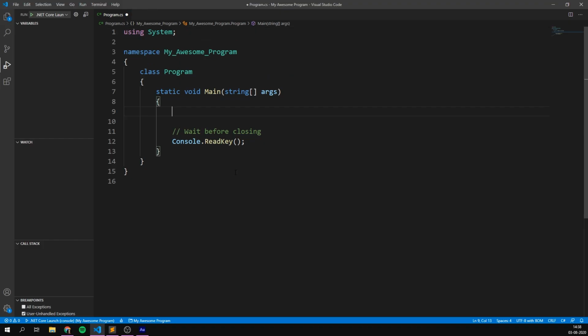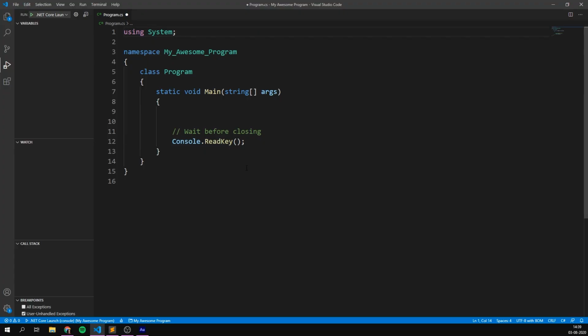Now, to use a list, we actually need to include another namespace. You can think of namespaces like groups of functionality that we can import in order to do different things. For example, when making a game, we often have a namespace dedicated to audio, one for graphics, one for input, and so on. So far, we've just been using the default system namespace. We can see that here at the top. This includes the console class that we've been using so much.